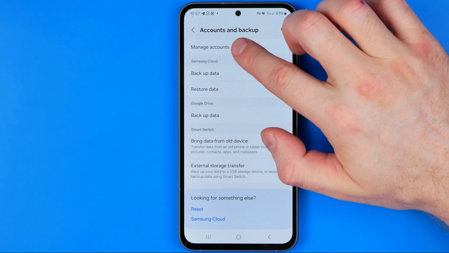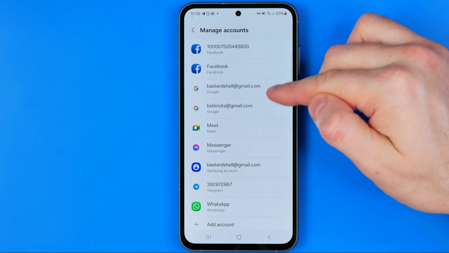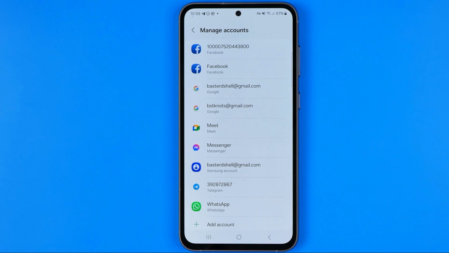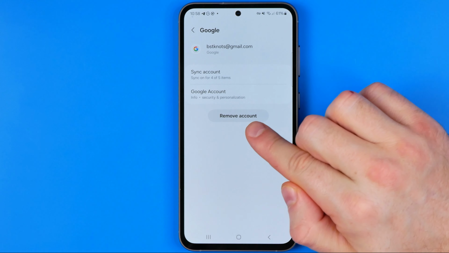If we get into Manage Accounts, it will show us all the accounts associated with that particular device, including Facebook, Gmail, Messenger, and others. That's where I can easily find two of my Gmail accounts, and that's where we can easily remove any account from our device. To do that, first off, we need to tap at that account, and that's where we can easily find Remove